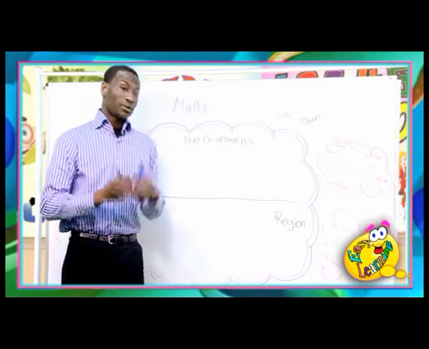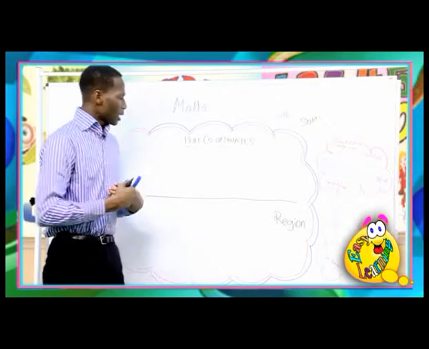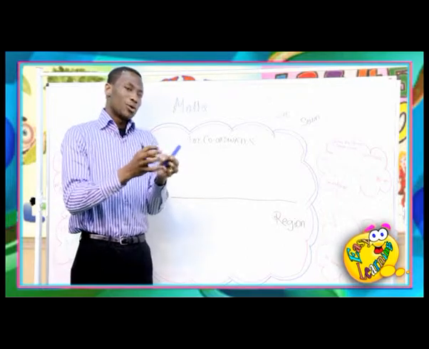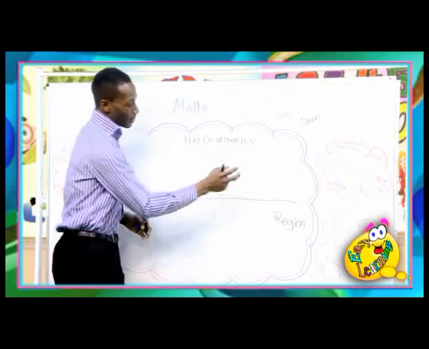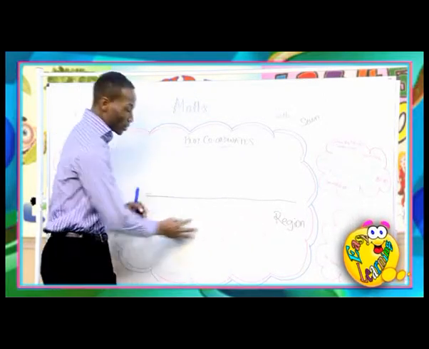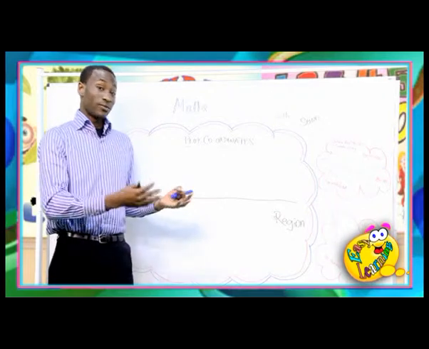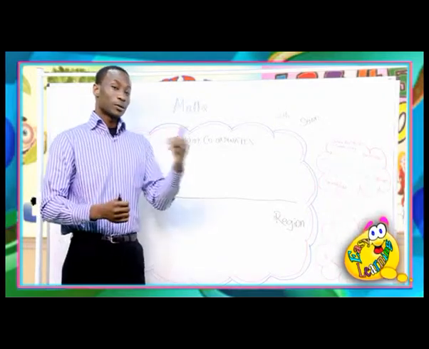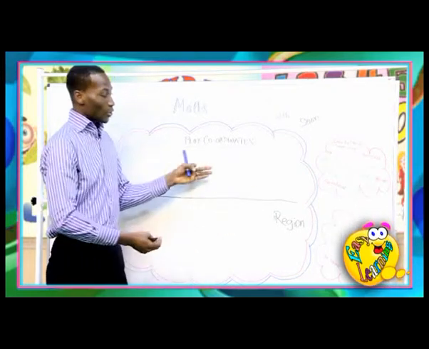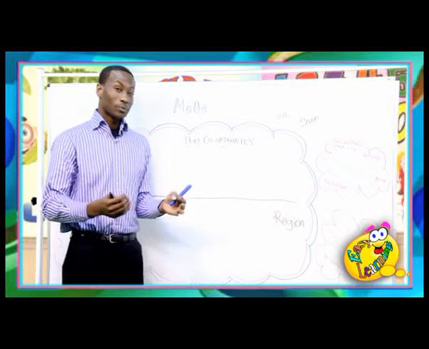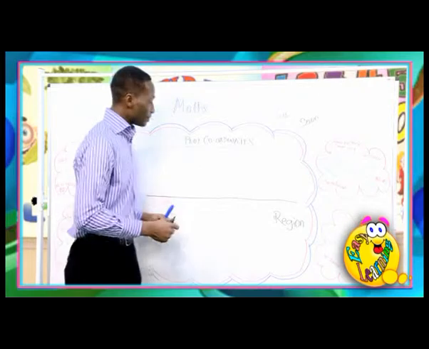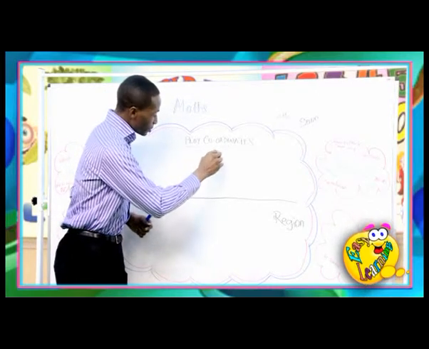Now after a region, the next thing we need is a street. Streets are smaller parts in a region. Now that I have this region here, how can I divide this region again? Remember, we spoke about top left and bottom right. Since we've divided this into our top and our bottom, it would be nice if we divide this into left and right. So if we put a vertical line here,